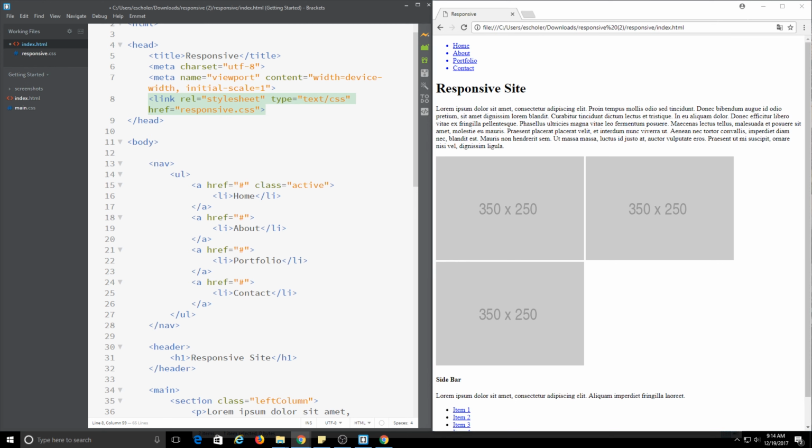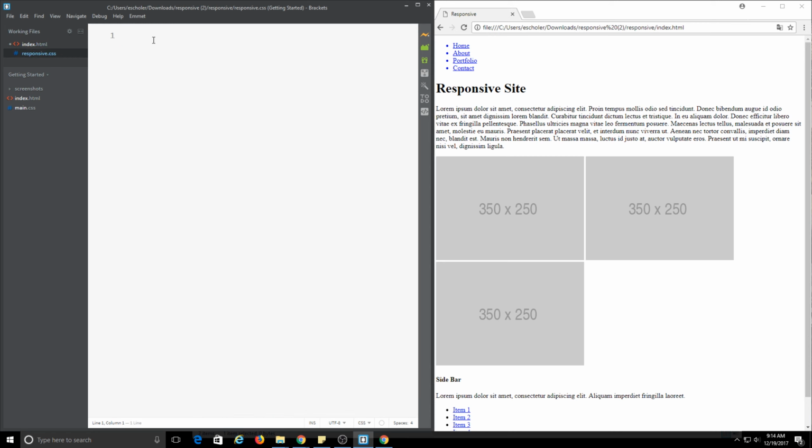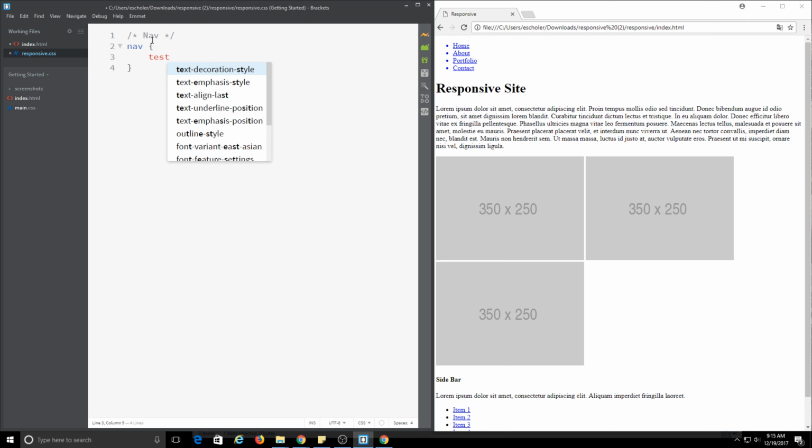So, next part is we're going to jump in here and create the nav section. So we'll come into the responsive, and I'm going to give these all comments so that we can understand where it is that we're working at the moment, and we can find stuff easily. So let's first work with the nav. We're going to come in here and we're going to say text align, and we're going to center that,